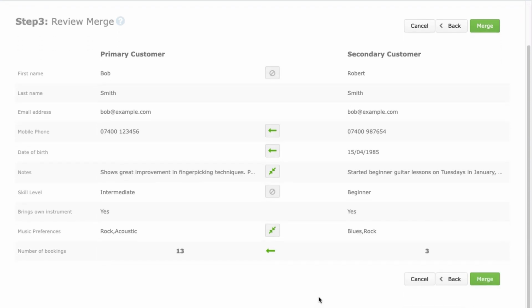Finally, at the bottom here, you can see that the merge is going to bring across the three bookings associated with Bob's duplicate customer record, the secondary, and merge those across and associate them with the primary record that we're going to keep. And that will give us Bob's bookings all in one place, which is what we're trying to achieve, and it's great. So when you're happy with all the merge actions for each piece of information, simply click